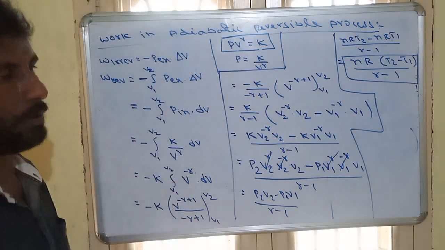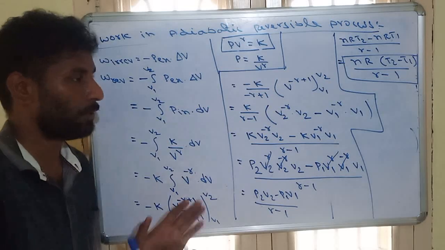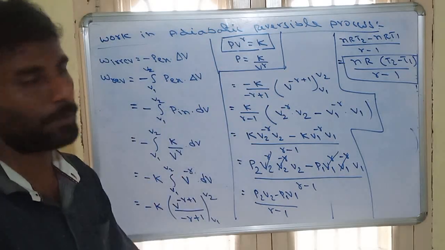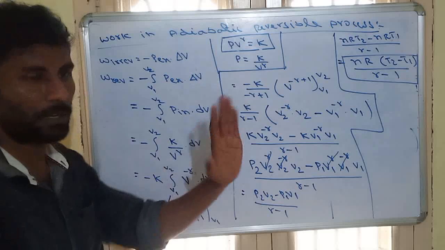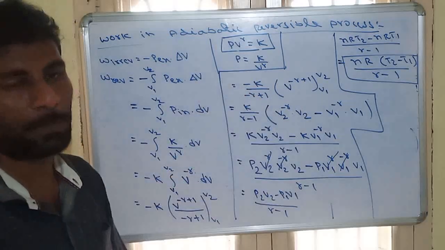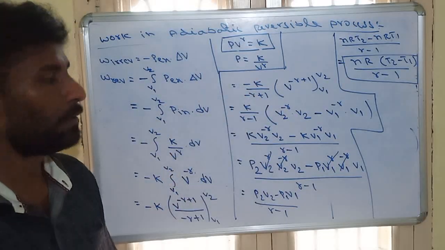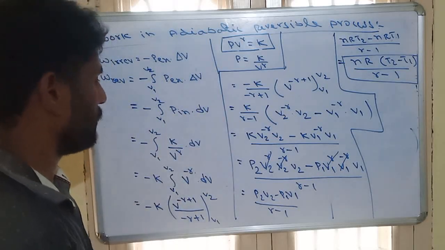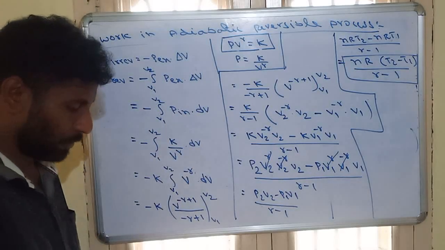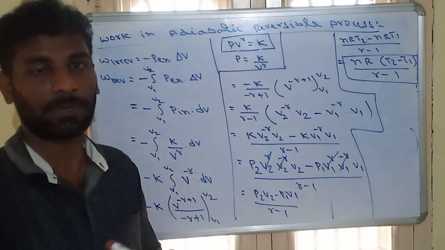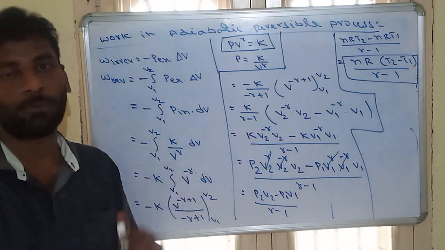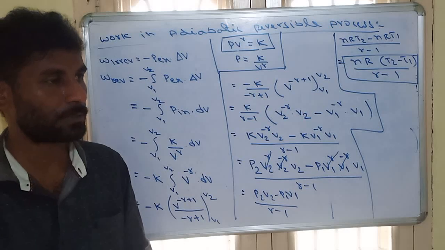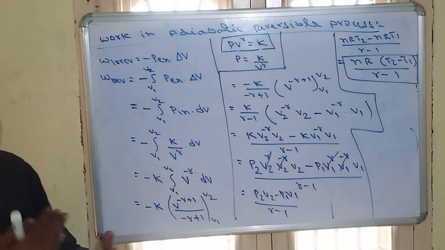So these are all the work formulas. We have completed work for the adiabatic process and the isothermal process, both for reversible processes. For an irreversible process, directly we can use minus Pex into delta V. So all these are the work derivations. So these two, heat and work, are the completed path functions. Both are path functions, so both are energy transfer.